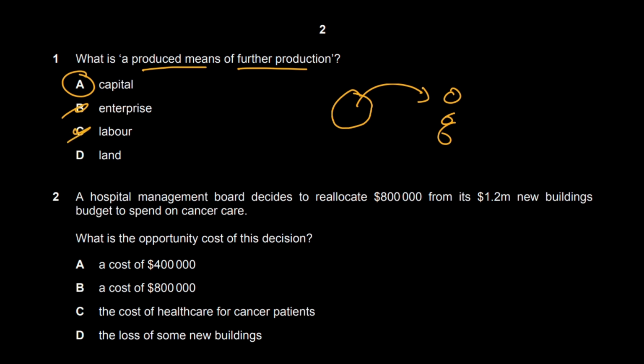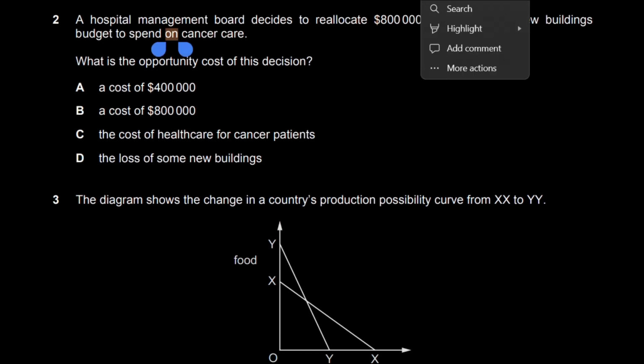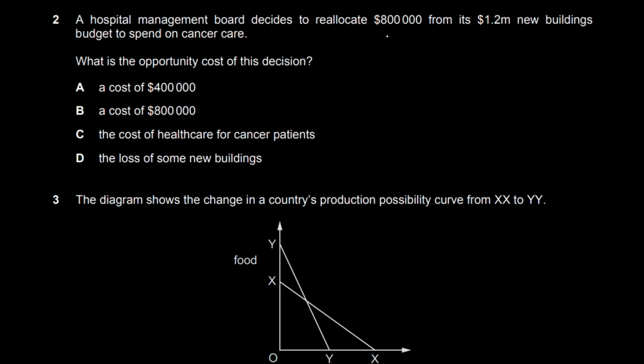While land involves all the natural resources used in production. And mind you, natural resources are not created. They exist naturally, and we just mine them out, or we just extract them. Hence, D is wrong. Moving on to question number 2, a hospital management board decides to reallocate $8 lakh from